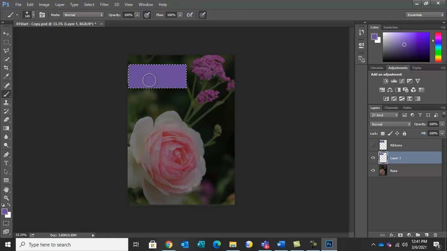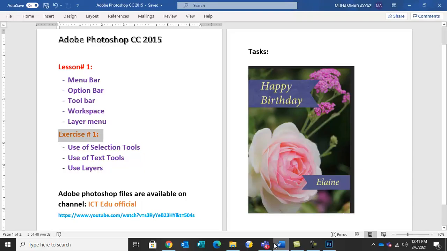Okay, so to unselect this, Control D. See, we have unselected this, and make sure you are on layer 1. And now to finish this brush, click on this move tool. Okay, now go to selection tool first. This second one, we will use polygon lasso tool. Now we will crop a rectangle area from this side, right side.